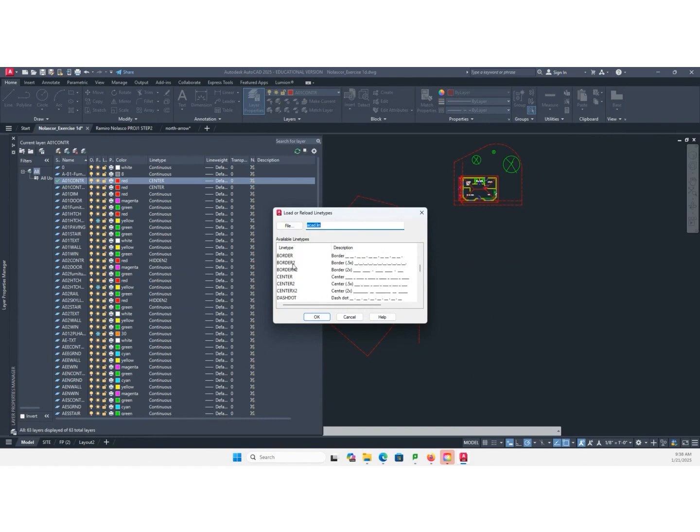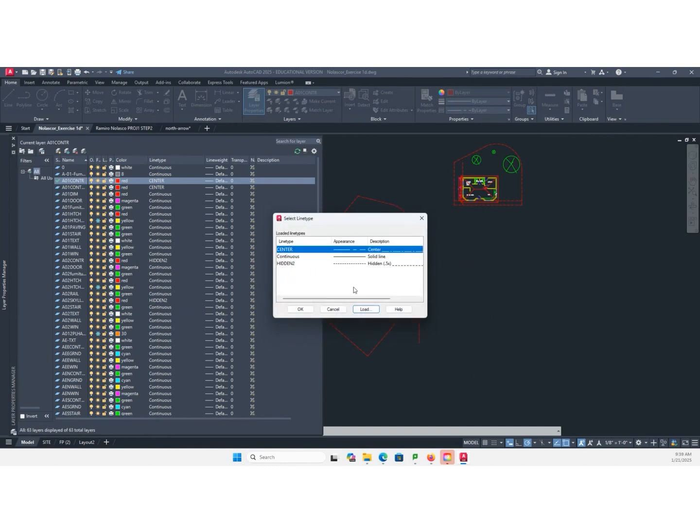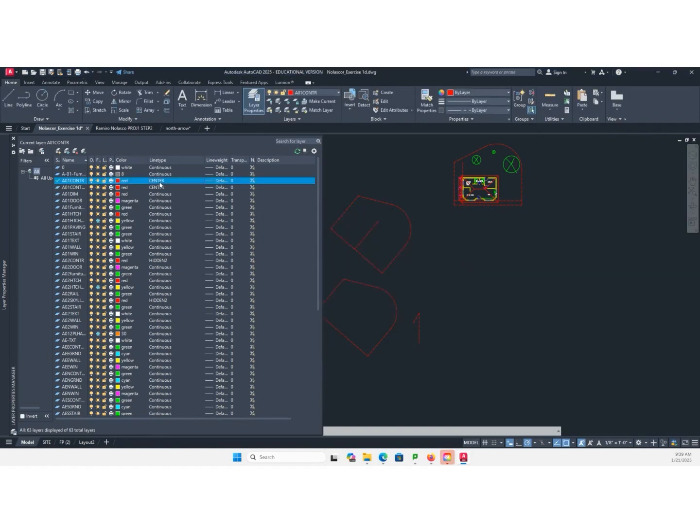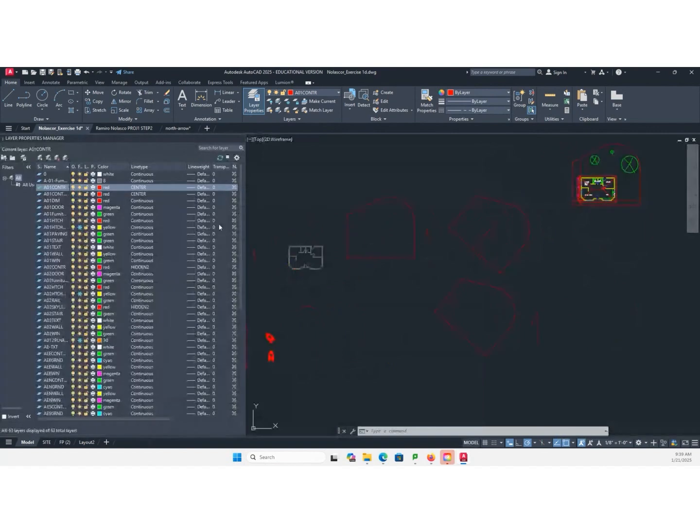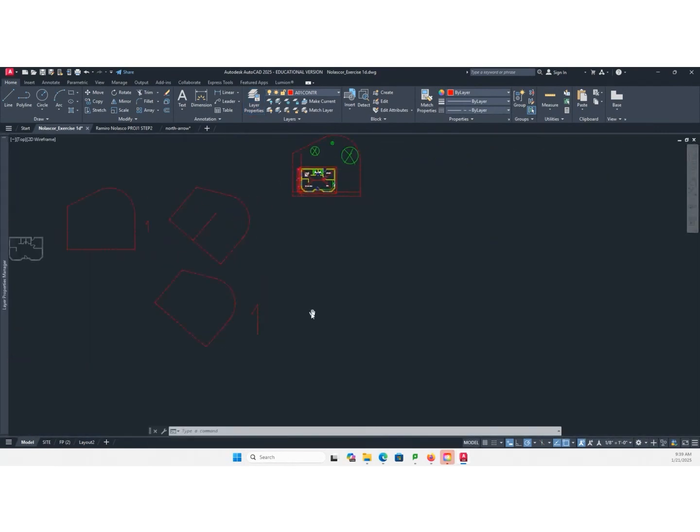You go to center and click OK. I have loaded that already, so I'll just cancel here. You select it and say OK so that you have center. From here, you double click on the contour layer to make it current, and then you can start the line command.